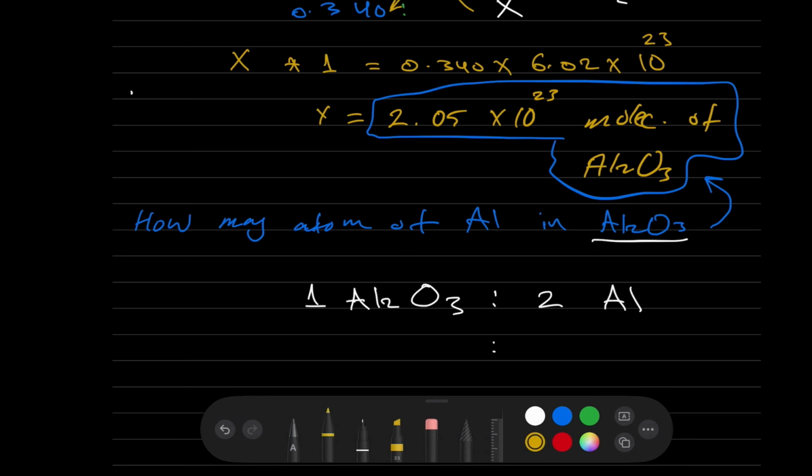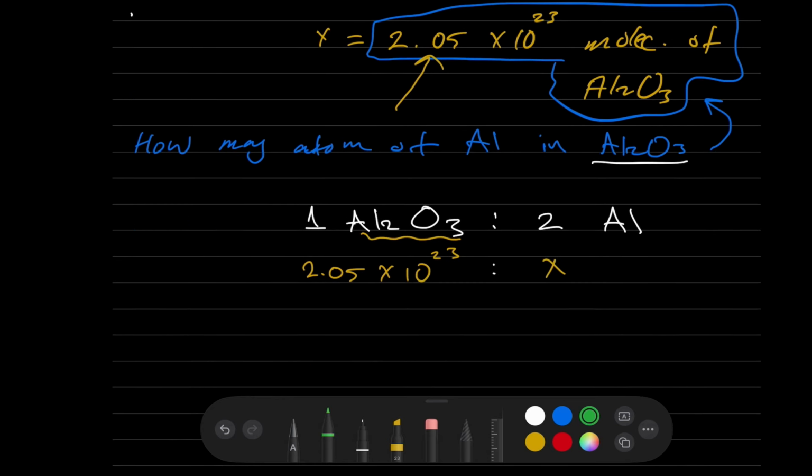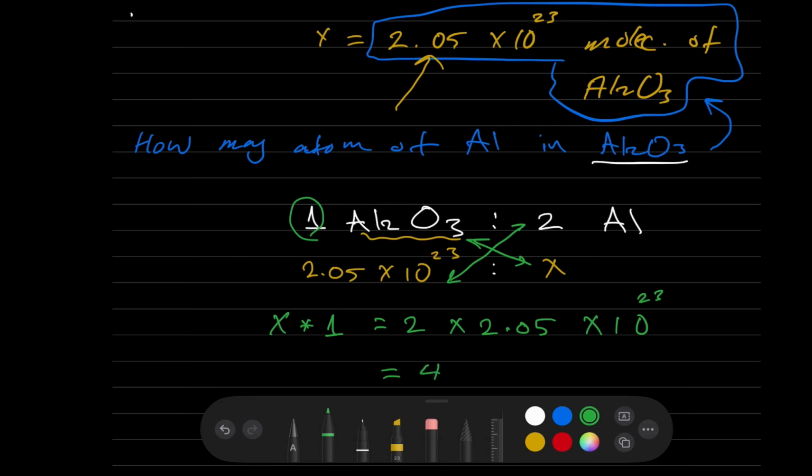How many Al2O3 do you have here? I have this huge number, 2.05 times 10 to the power 23. If you multiply these two numbers together, X times 1 equals 2 times 2.05 times 10 to the power 23. The answer is going to be 4.09 times 10 to the power 23